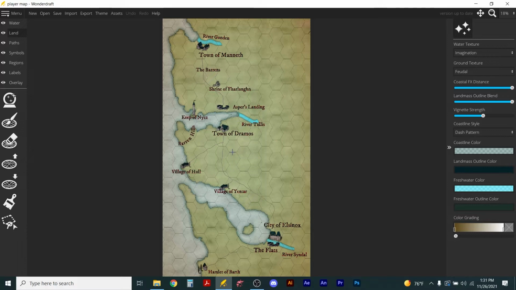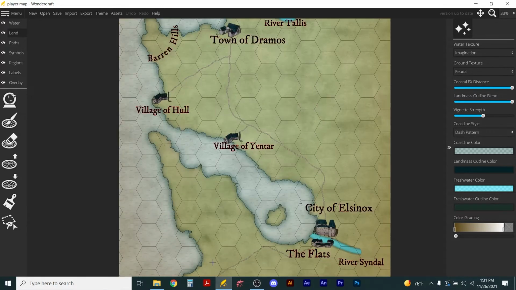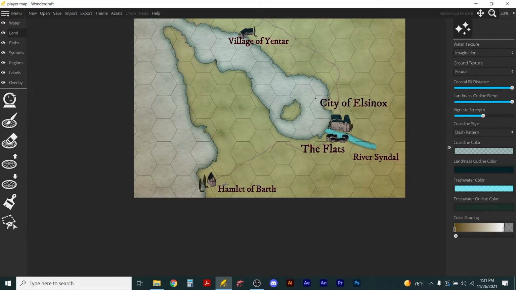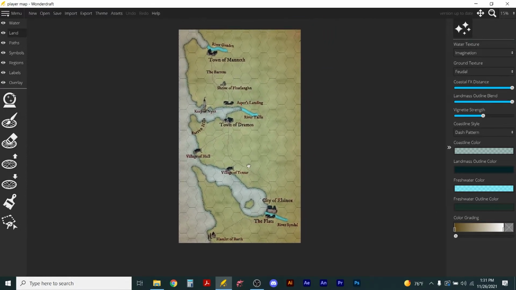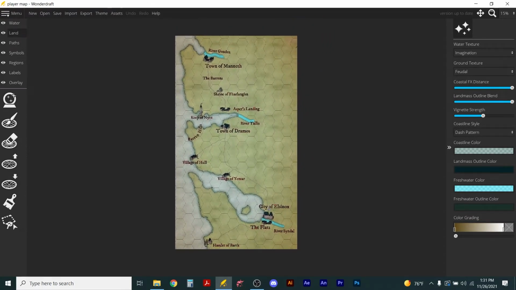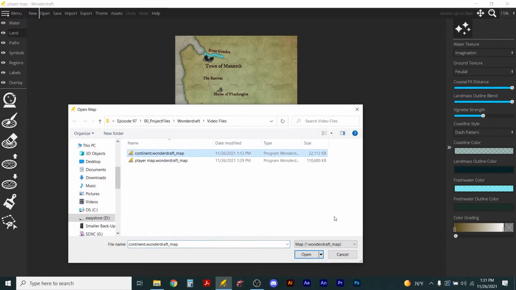Okay. Having this map, notice down here I've got this little hamlet of Barth. And this is going to be my connection to the treasure map. I'm going to have this mentioned so that once the players figure it out, because half the battle is figuring out that it's been pasted in this book, the story of the treasure discovery by Salazin, this is going to be my connection. So if I go back to my continent map,